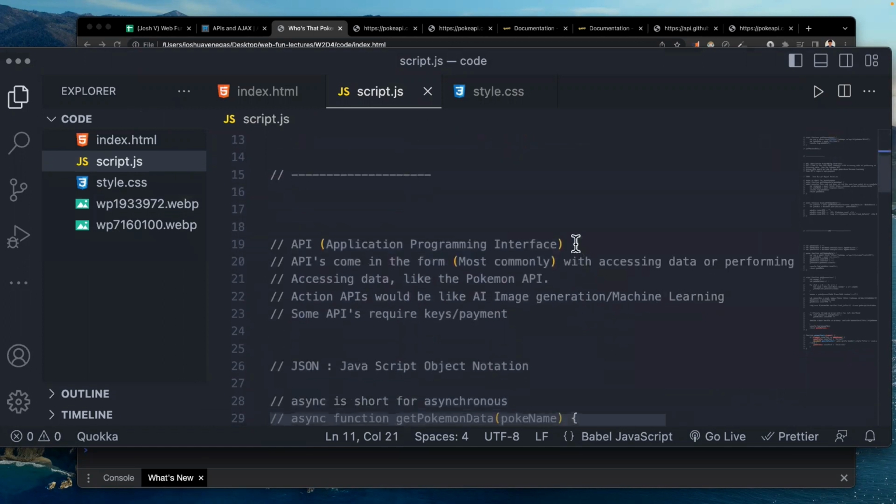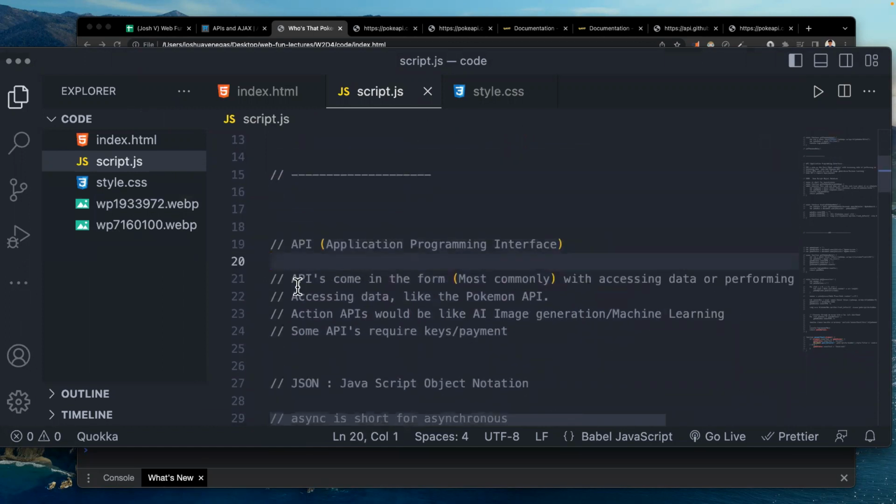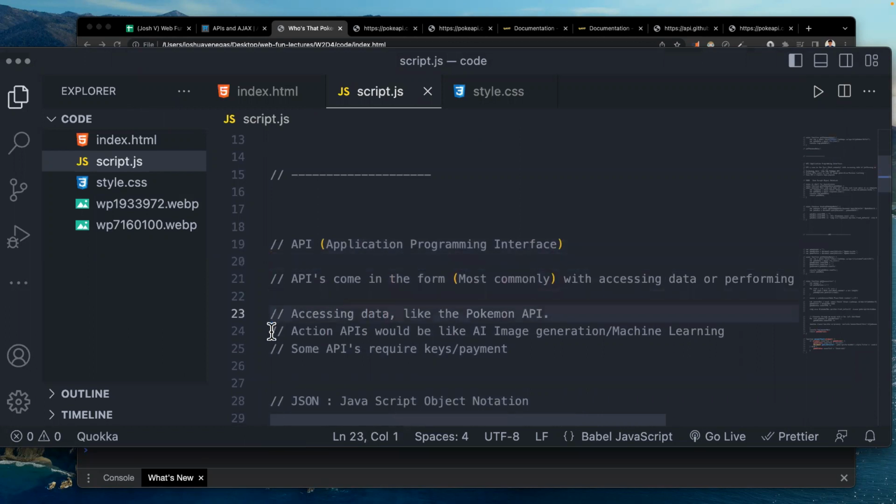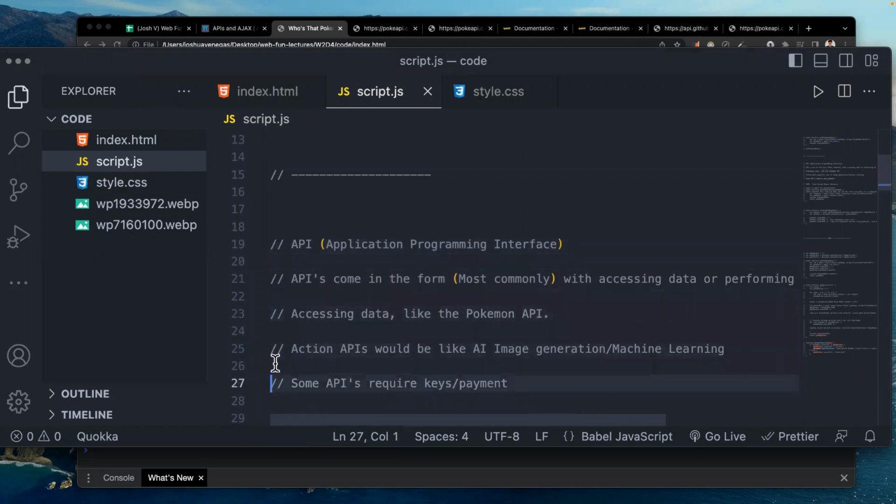So let's go over some terminology here just to reiterate what we're talking about. Okay, so we have an API, which stands for Application Programming Interface. We know that it's just a foreign database of information.